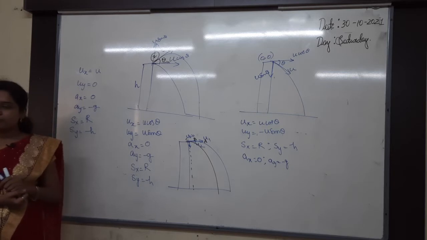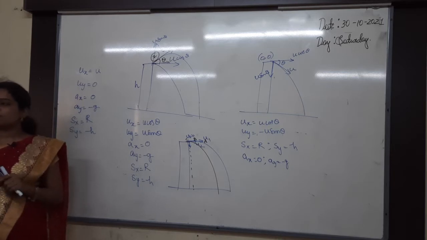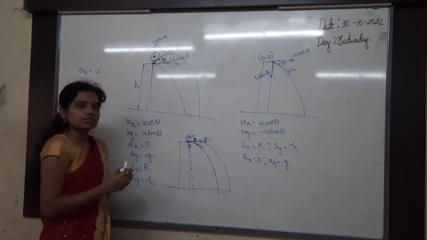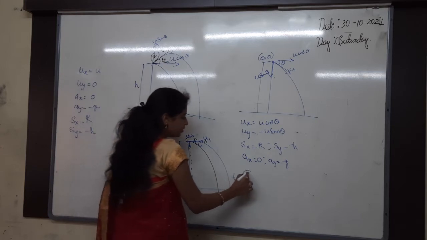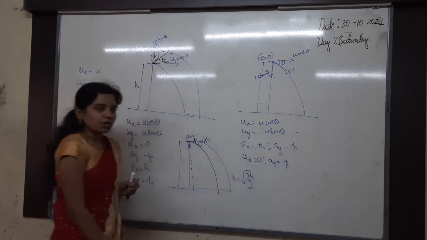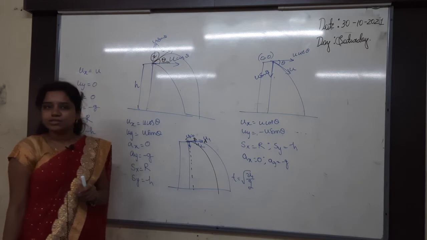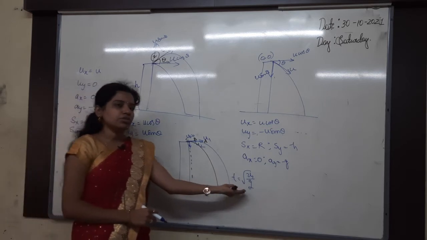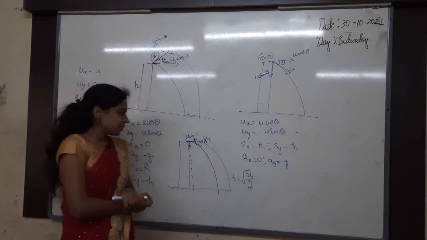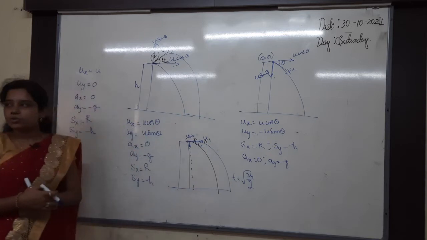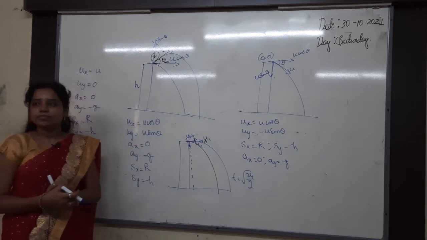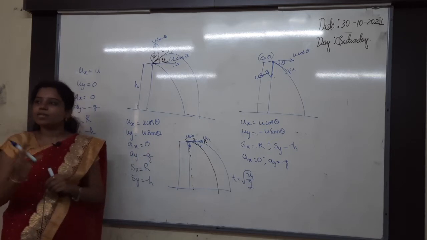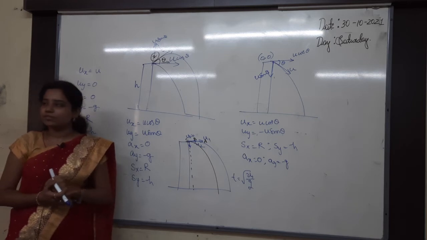I am saying that which will reach first, nothing but what you have to consider there? Time only, na? Time of flight. What is the time of flight formula for us? T is equals to under root 2h by g. Ground to ground projection is nothing but 2u sin theta by g. Whenever from the top of a tower in horizontal projectile we have seen that T is equals to under root 2h by g. So for all the bodies T is under root 2h by g. Same height or different heights? All are projecting from same height, so that time will be same or different? Same time will be there.